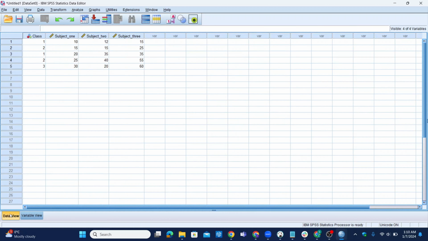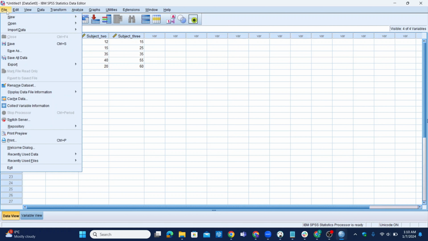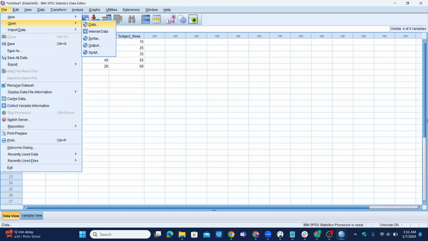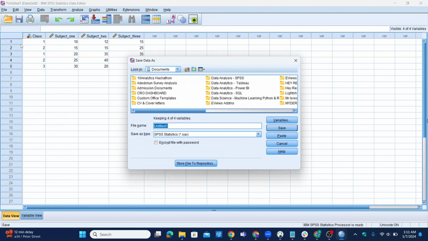So the last thing in this video would be the toolbar. I'm going to take you around the menu bar, starting from file, which means you can save your work file here. You can also import data. I will talk about that at a later time. You can open a new data view or open an existing data view. So for this case, let's save our worksheet. You click on save, and then